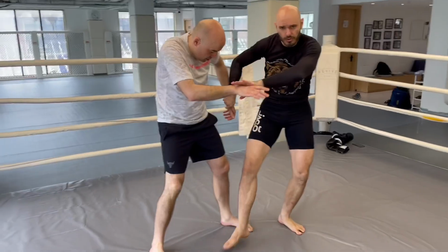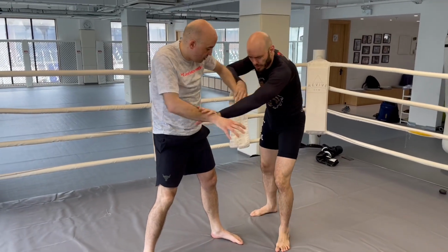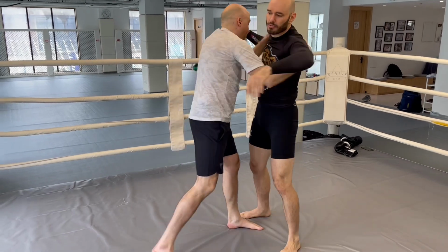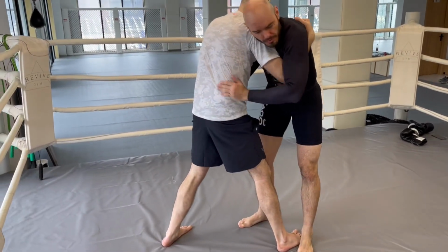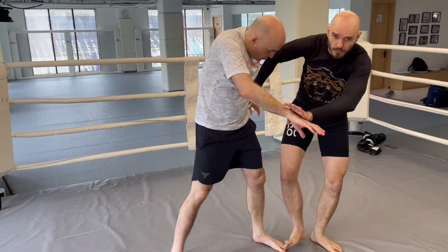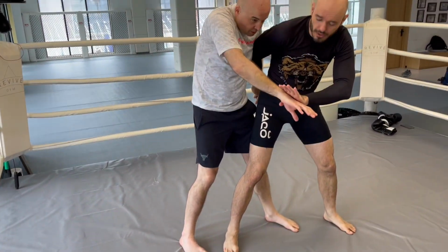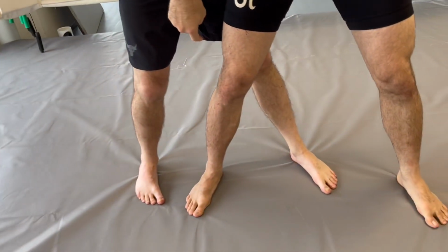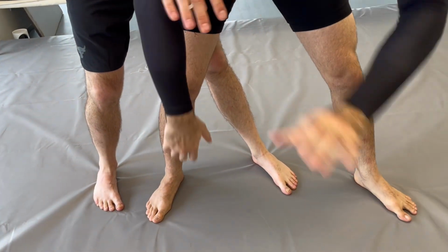And you also notice I'm checking the hand so I don't get one, punched in the face, or two, clinched, because if he grabs me, there's no way I'm going to be able to do this sweep. So get up really close on the feet right here. Okay? I'm going to step in there even closer. Come on in. Look at those feet. Stare at those feet, right? And I'm going to drop,